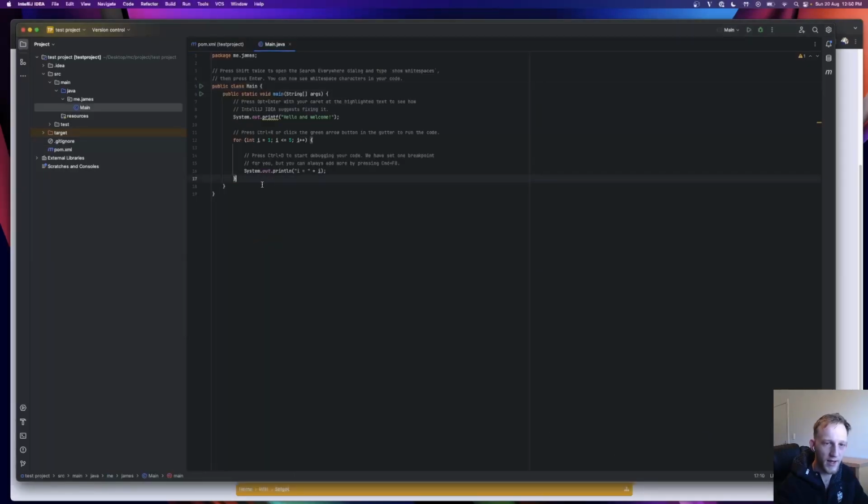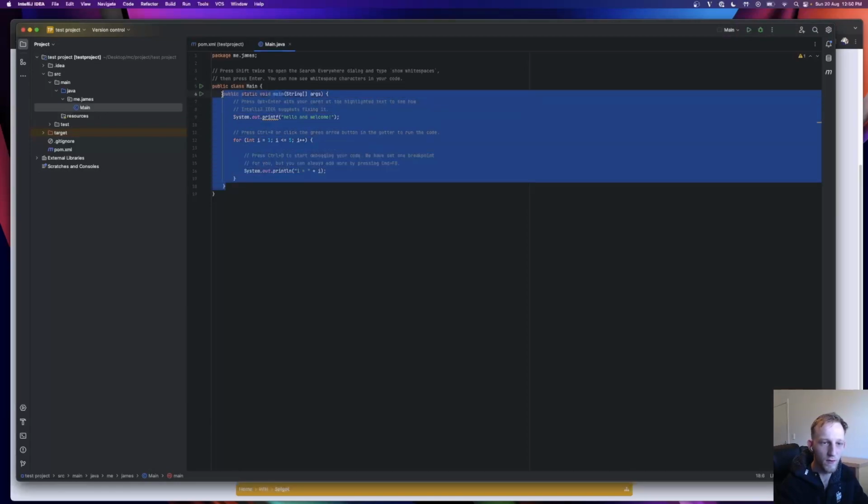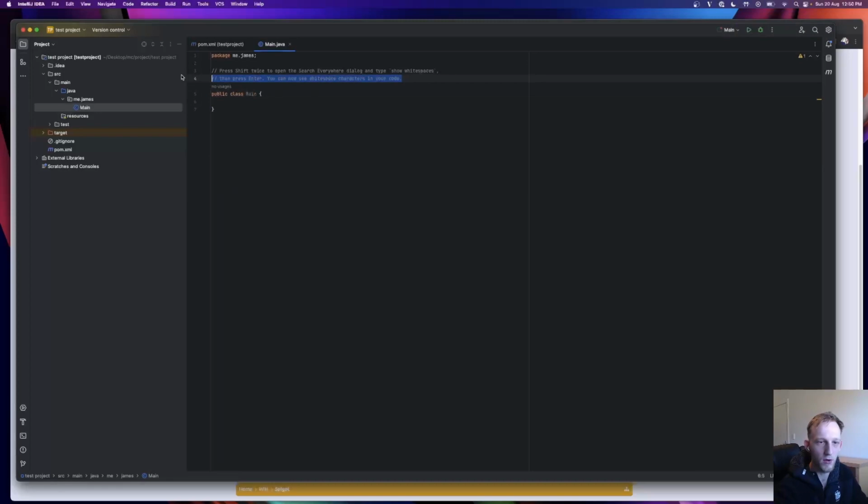Okay, so now we can get to actually building the plugin. So first thing first, we're just going to remove all this code here. We're going to remove this code here. Okay, so after we've removed all that code, the first thing that you want to do is you want to start with extending the Java plugin. So this is basically a new plugin, right? You've created a main class that extends the Java plugin. So this is a main object that extends Java plugin. From there, you want to go